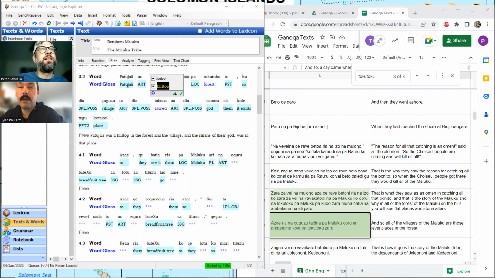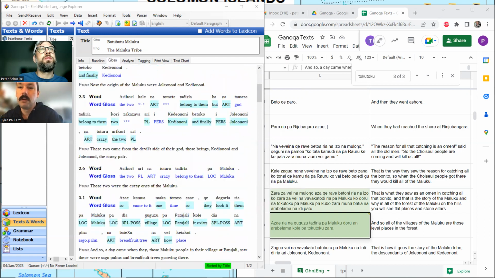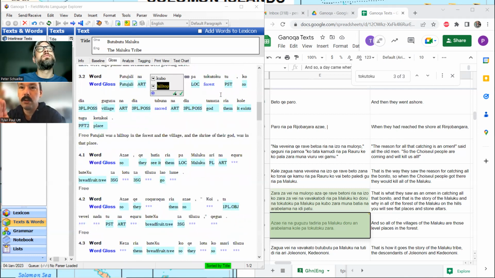So now that we have this two at the end of that first phrase, it could be pointing that it's far away, but I think it is the verbal marker of past tense, something like that. What phrase are you talking about? This one where we are. Patunjali na kumbo pa tokutokutu. I think it is a past tense marker, but my question is, where's the verb? There's no existential verb. I know we literally have a verb that means exist. Let me rephrase that. There's no copula is what we would expect here.